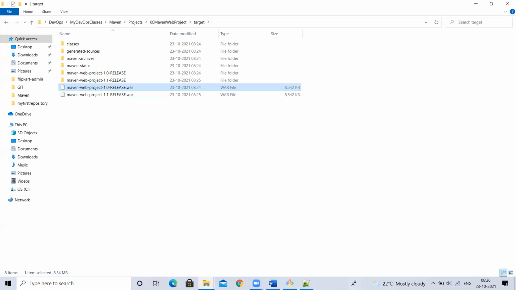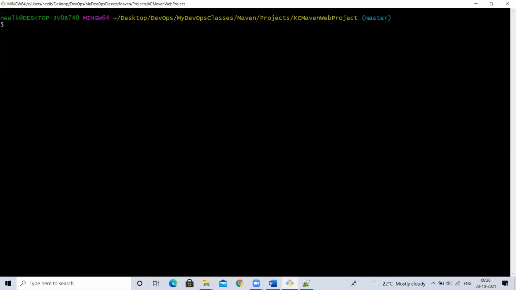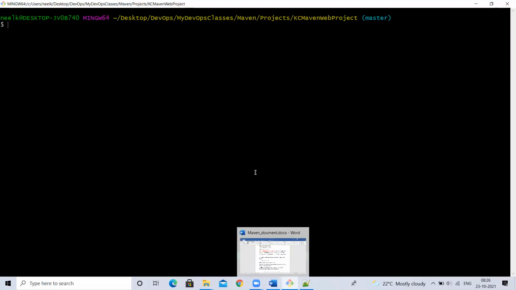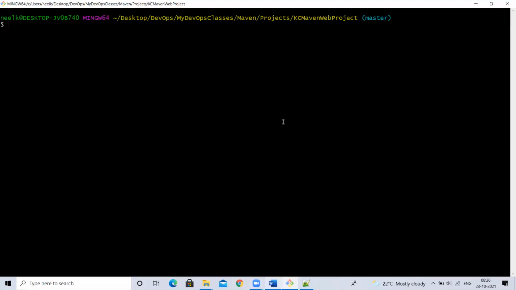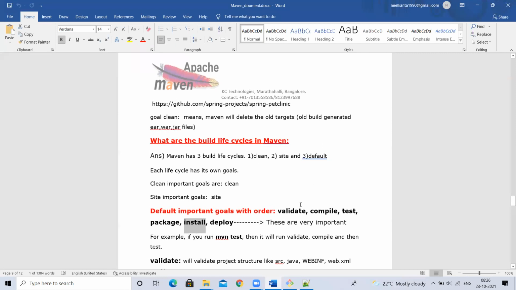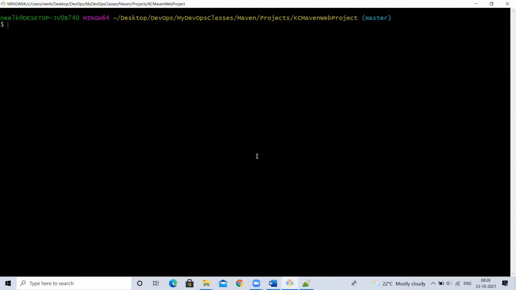Yes or no? If there are many jar and war files, many artifacts here, and I want to pick the latest one, it will be a little difficult for me, right? So to overcome that confusion, what we can use is, see, we have different life cycle phases, right? Here, life cycles: clean is there, default is there. These are part of default. Along with that, under clean we have pre-clean, clean, post-clean. So I can use clean before running package: mvn clean package.